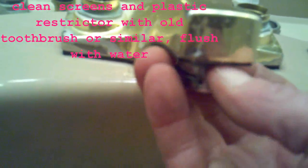Also, the aerator, after you do this work, because we shut off the valves under the sink, the shut-off valves, and doing this, you're going to loosen up a lot of debris inside the pipes. It's going to come and clog up your aerator. So before you turn the water back on, you're going to want to take this aerator off, lefty-loosey, righty-tighty, but it's upside down, so you got to think about it. You're going to want to take this aerator off, and at a minimum, clean it out,